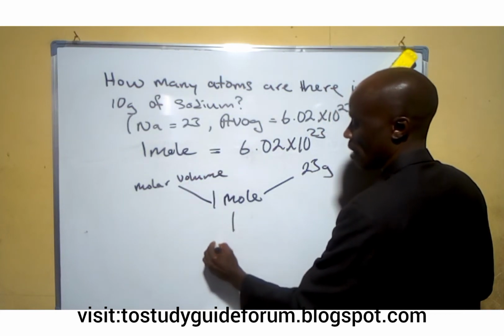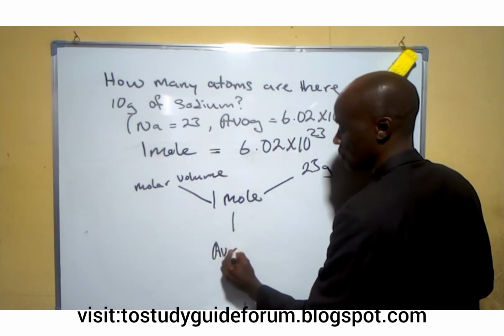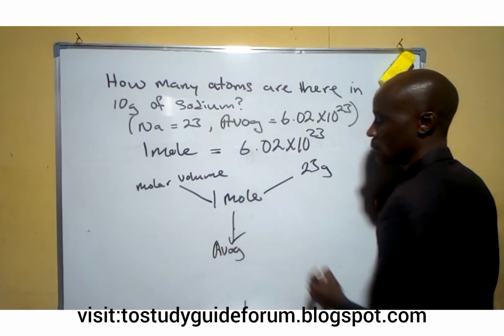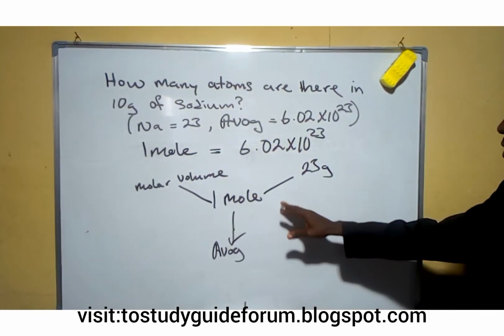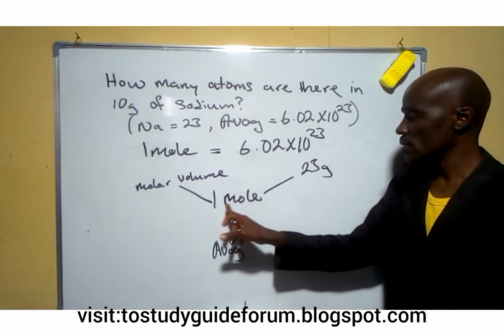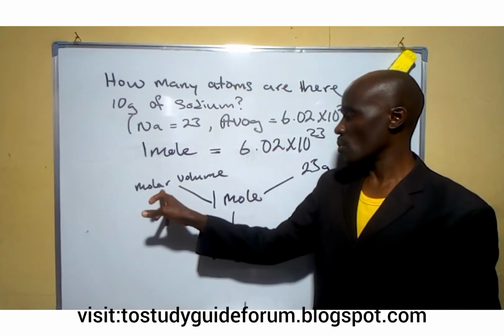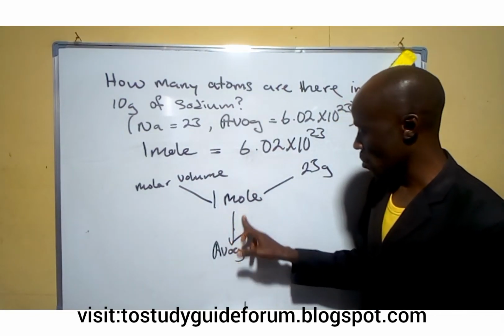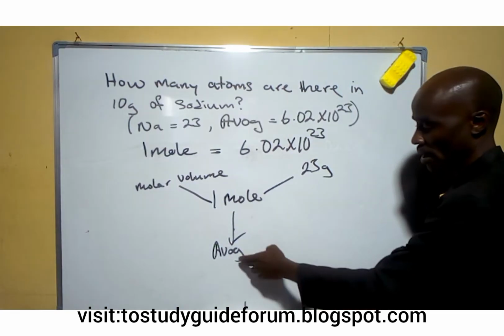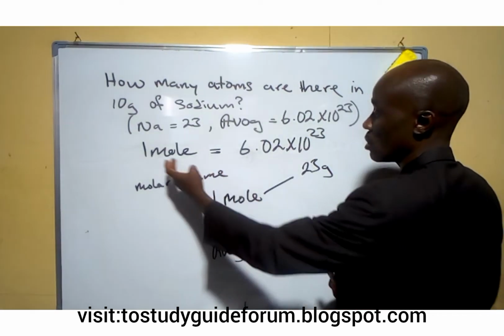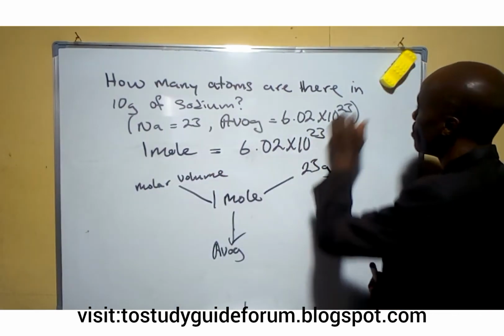So because of this relationship, 1 mole is also equal to 1 molar volume. In that case, for Avogadro's, since 1 mole is equal to that, it also means that